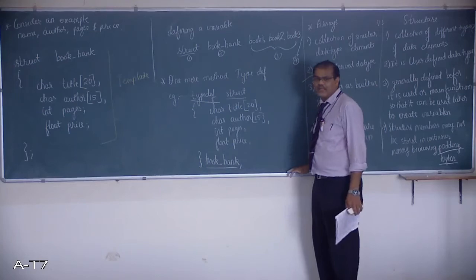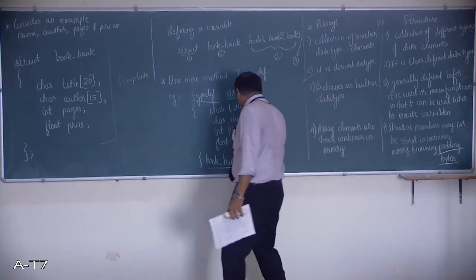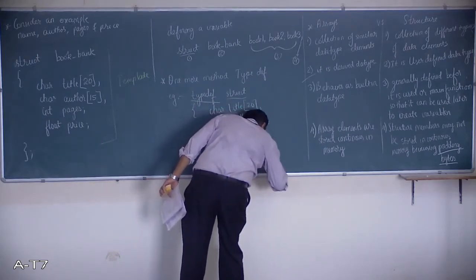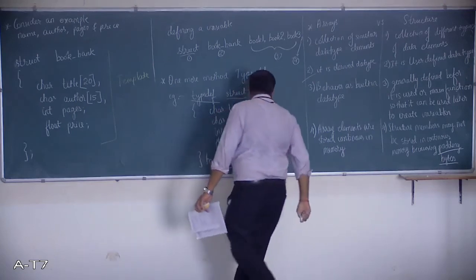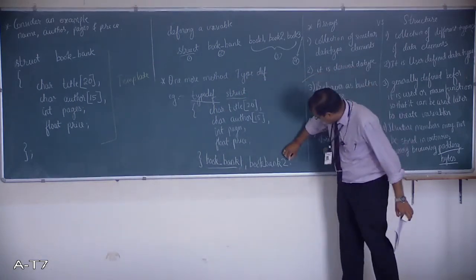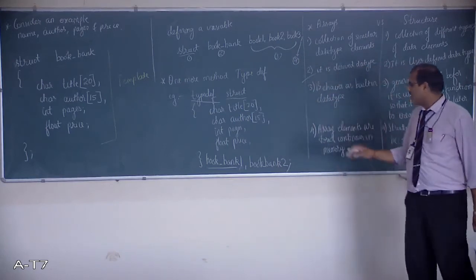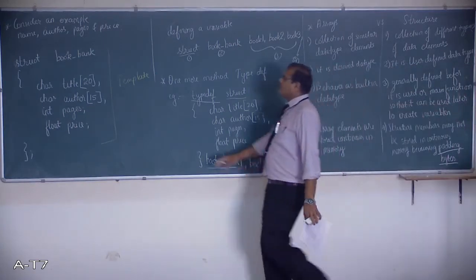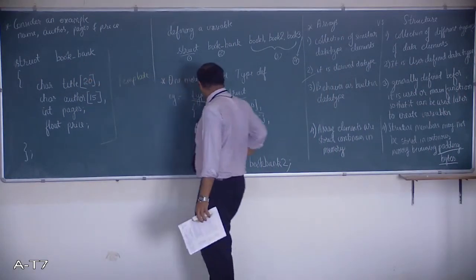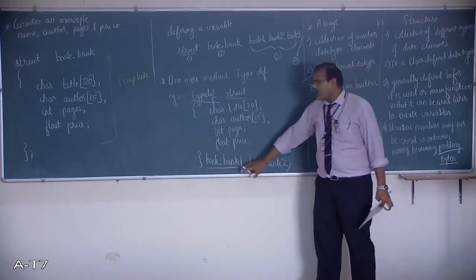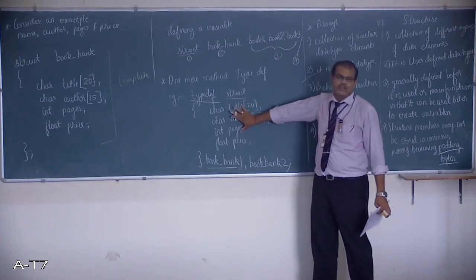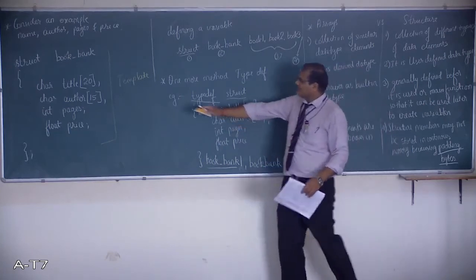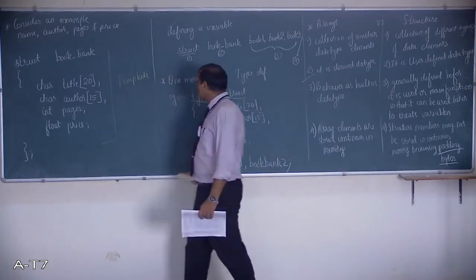So I can have different tag names also which can be used here. Instead of book bank 1, I will have book bank 1, book bank 2, and at the end I will complete it with a semicolon. So I can have 2 tag names for the same type of structure. Now here I cannot have 2 tag names at the beginning. So this method gives me an extra provision that I can have 2 tag names referring to the same type of structure here. Now we'll take this simple or common method that we use, and then proceed further.